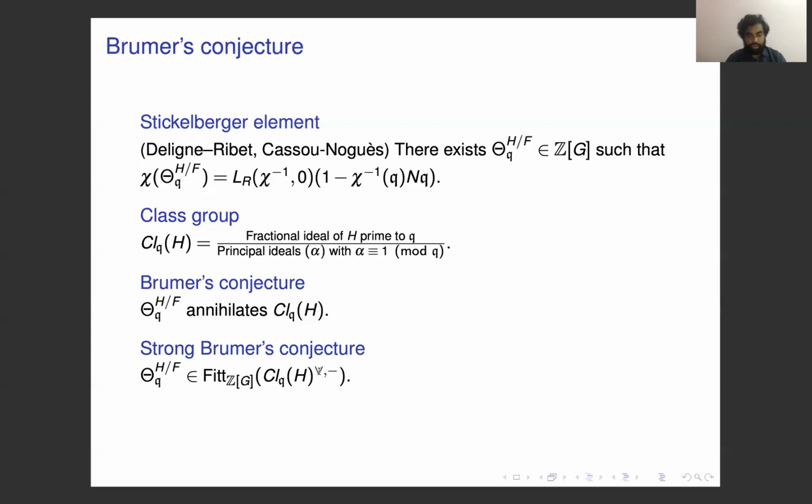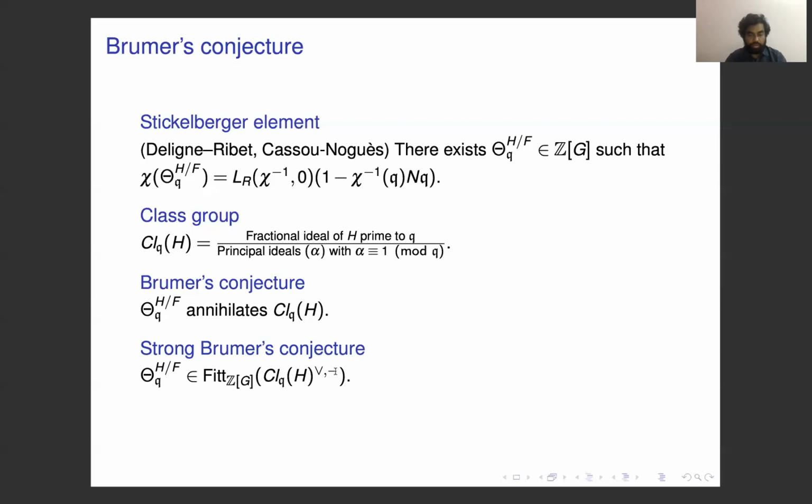If you put the class group here, then the statement is not true. So what you have to do, this V with the check denotes the Pontryagin dual of the class group, so Hom from the class group to Q mod Z, and the minus here